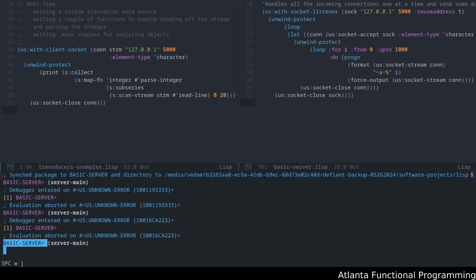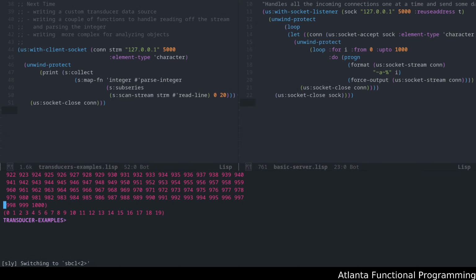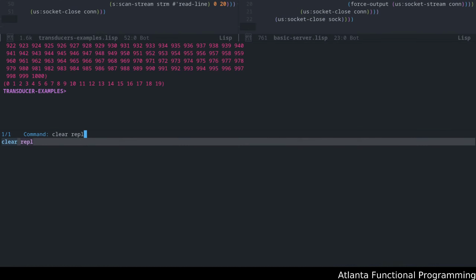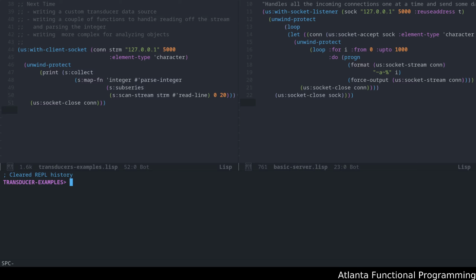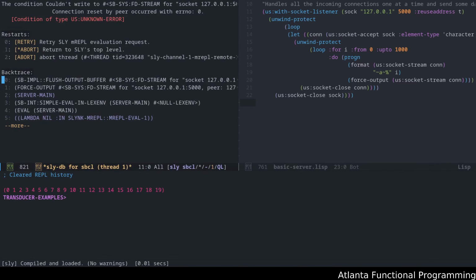And let's go to, sorry, this guy. Okay. Shift D, clear REPL. Okay. So this is our example. Couldn't write to